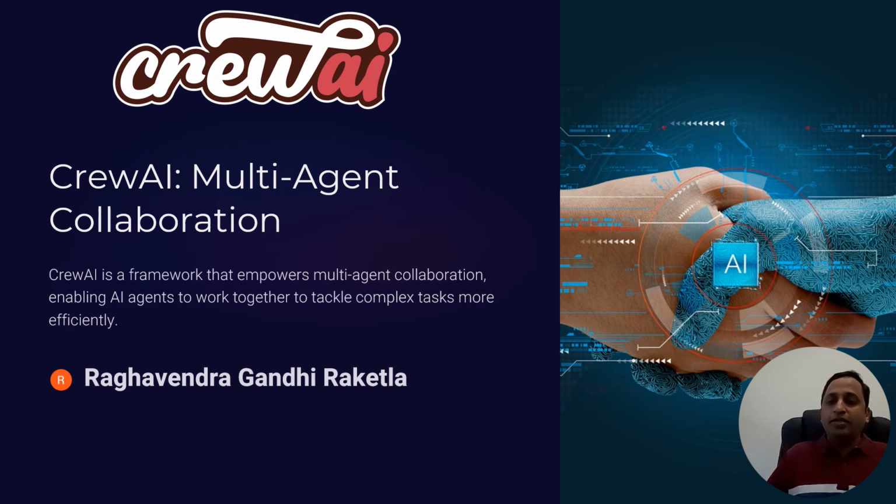Imagine a world where AI agents collaborate seamlessly like a team of experts to tackle a complex task effortlessly. That's exactly what the CrewAI framework enables. Over the next few minutes, I will showcase a proof of concept app that demonstrates how multi-agent collaboration can transform a process like lead generation by identifying prospects, analyzing market trends, and crafting a personalized outreach email, all with